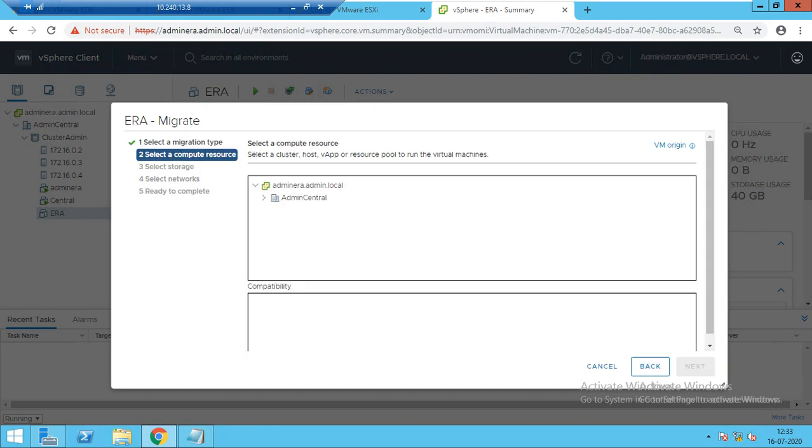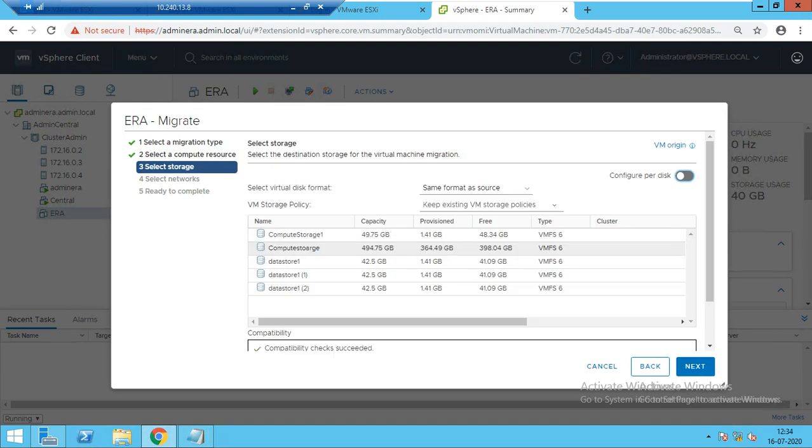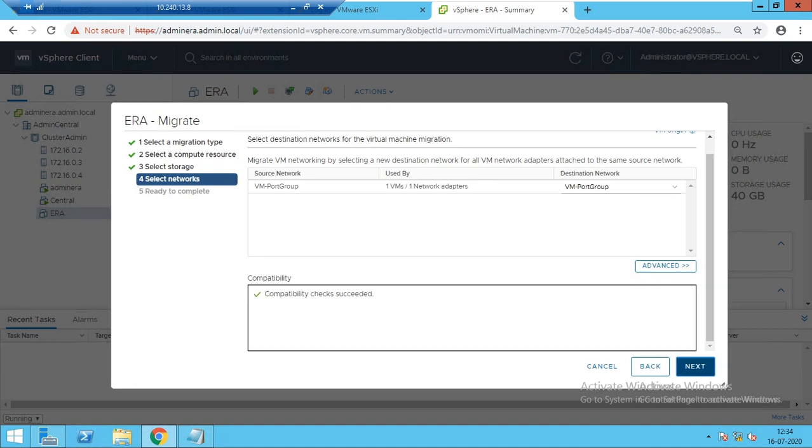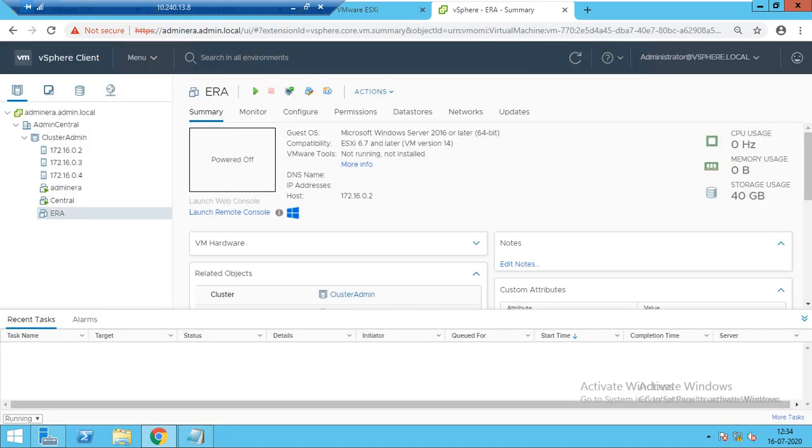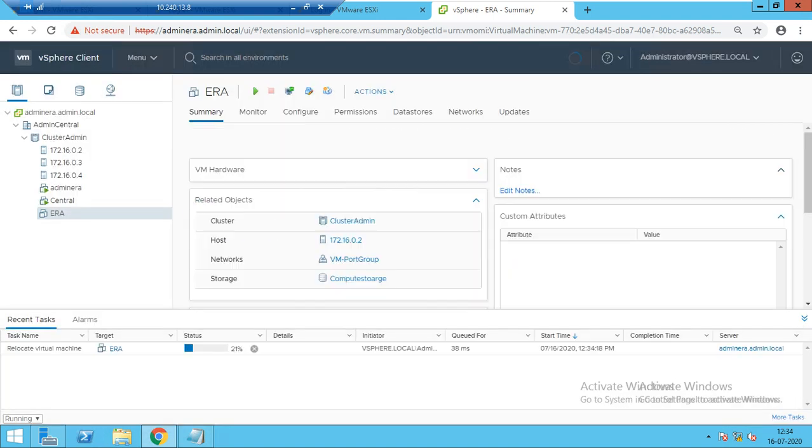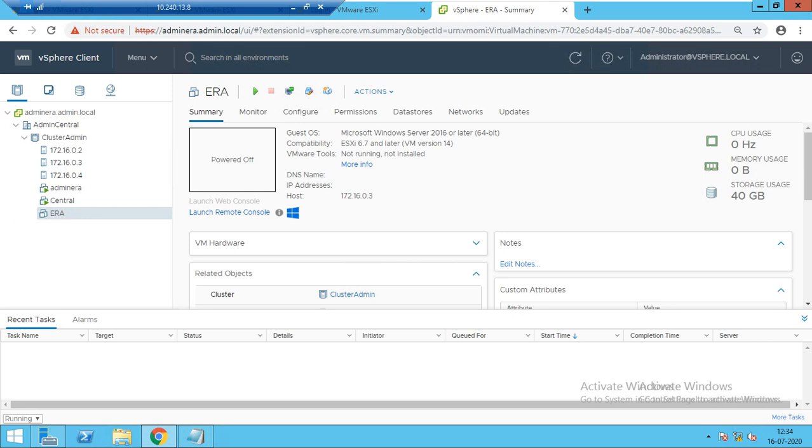I'll do next, click on host, cluster. Okay, I clicked on cluster. Next, then storage compatibility. I'll go with this one only. This is my storage, and I'll change it. So now my machine as well as my storage will both move.